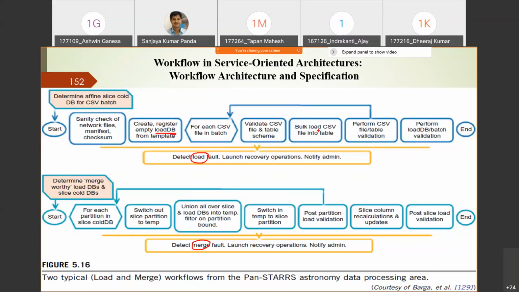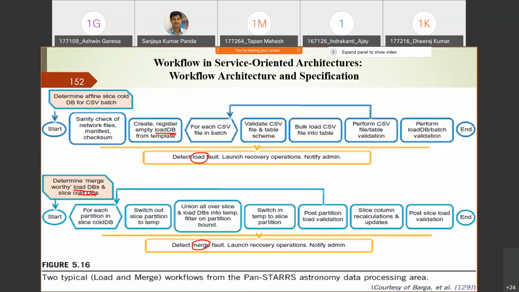But if you go for the merge workflow, what we are doing here is taking two databases. One is your load database, and another is your code database. In the earlier case it is an empty load database, but in this case you have to take both the load database and the code database. For each partition in the sliced code database, you have to divide the code database into various partitions, and execute one partition.